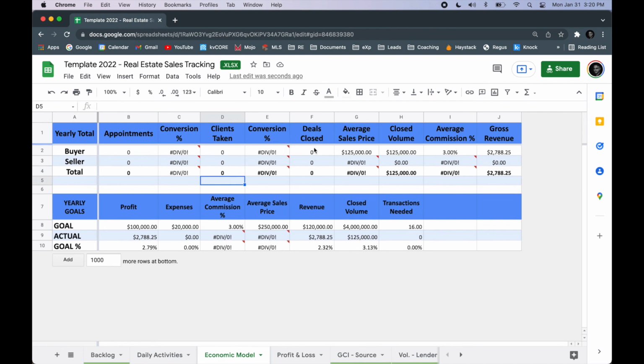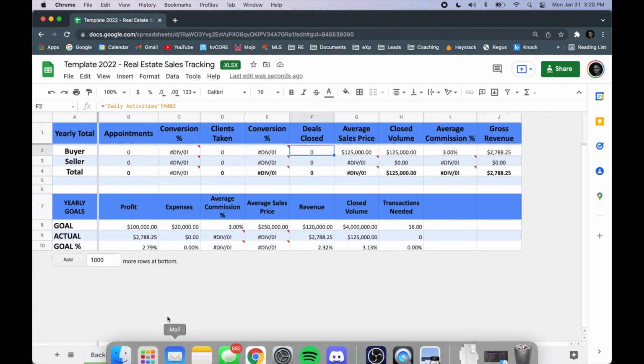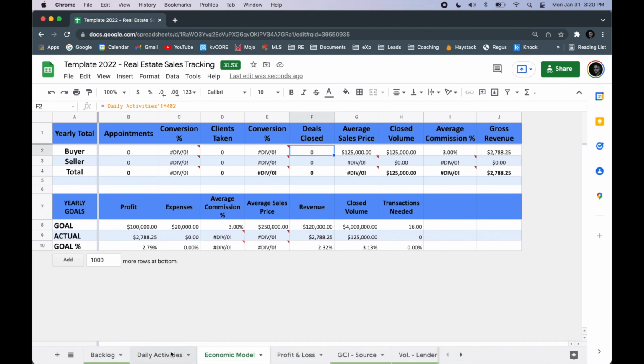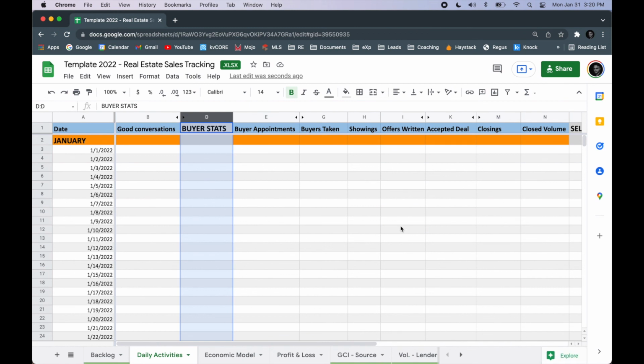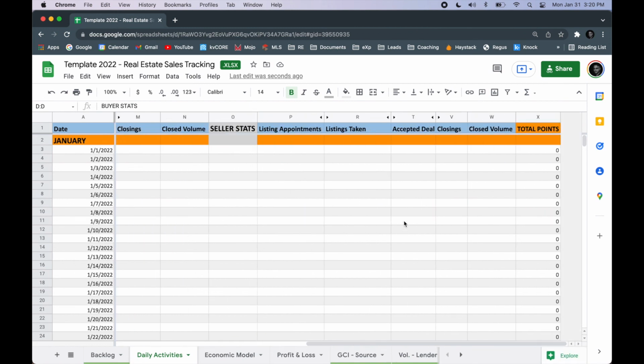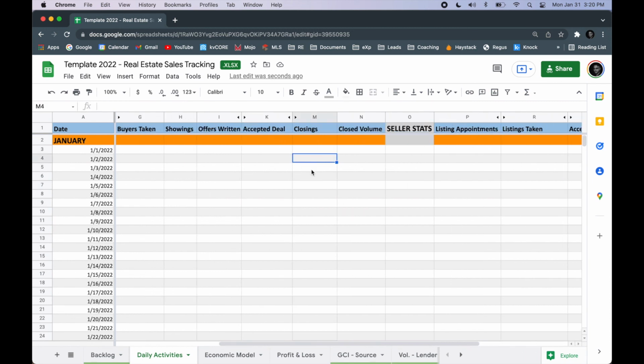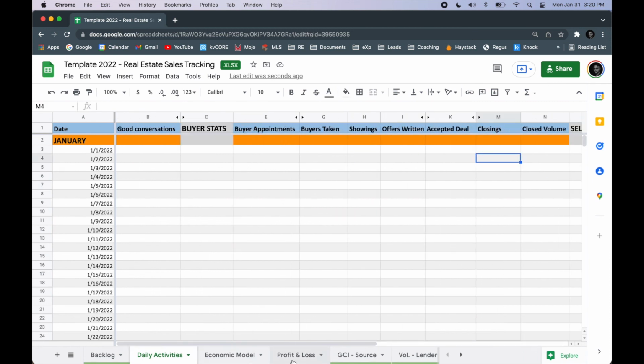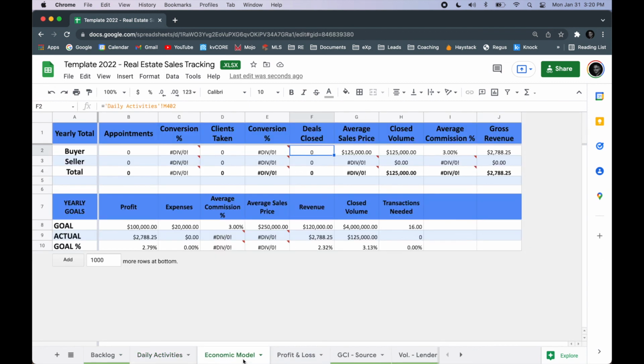Then it'll also show you how many deals you closed. This is going to come from your daily activities when it says close deals. So it's important that you go into your daily activities and make sure you are reporting your closings right here on the seller stat, and there are closings also for the buyers as well. So going back to the economic model,